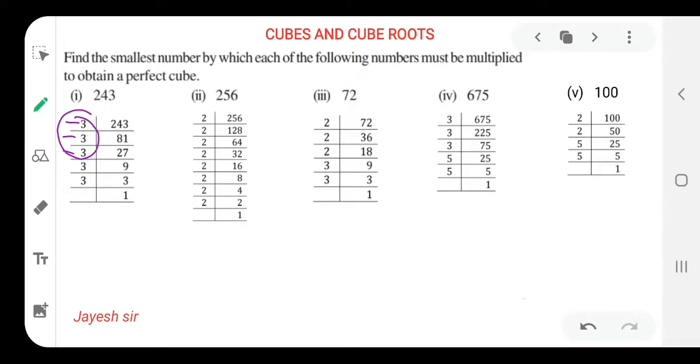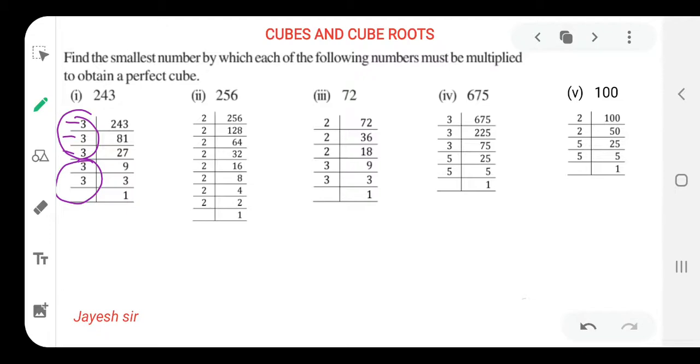Here 2 3s are there. If there had been one more 3, but we lack one 3, so that if it is multiplied with 1 3, then we could obtain a perfect cube. Yes, this thing we have learned in our previous slide, that the group of 3 should be formed. So what has to be asked in the question is: it should be multiplied with which number so that it could be a perfect cube. That means 2 3s are there. If one more 3 would be there, then it would be a perfect cube.